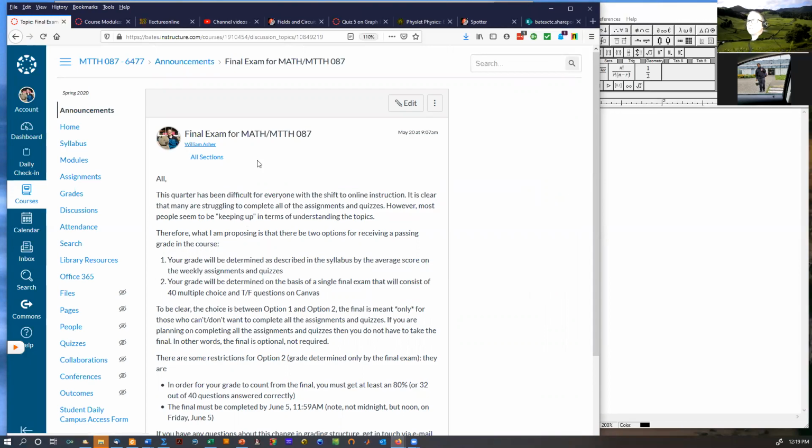So this talks about what we discussed yesterday or the day before, where we'll have a final exam for this class, which is optional. And it's optional in the sense that I'm going to give you two different options for how you want to be graded in the course. The first will be grading as described in the syllabus, where you're graded on the average score between your weekly assignments and quizzes. So if you've done all the assignments and all the quizzes and want to be graded that way, you still have that option. The other option would be if you just wanted to take one exam at the end